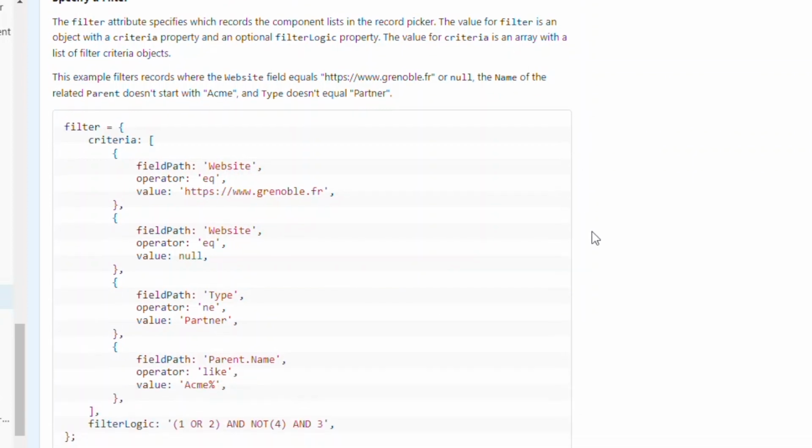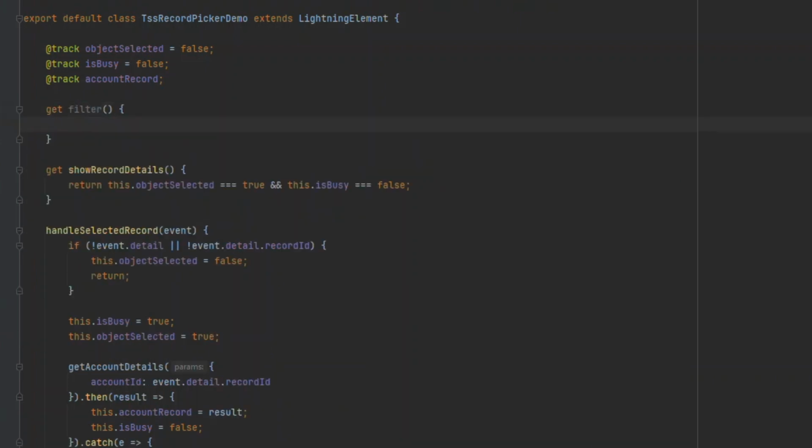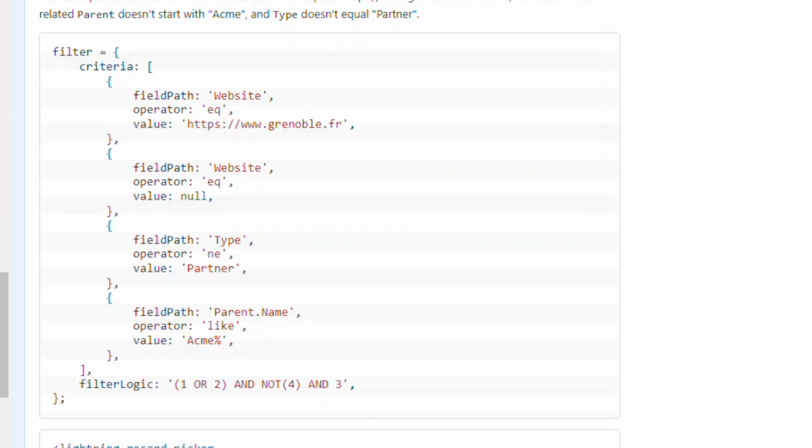The documentation gives you a really good example of how to do that, but we'll go ahead and implement something in real time. All right, we're going to make a little bit of room here in our controller, and I'm going to create a getter called filter, because I want to have a filter attribute that returns an object, like the documentation was telling us, right? We know it's going to return an object, and that object is going to have two attributes. Let's jump back to the documentation to confirm what those are. So in their example here, we see that the first attribute is called criteria, and it gives us the ability to identify an array of objects. These objects all represent